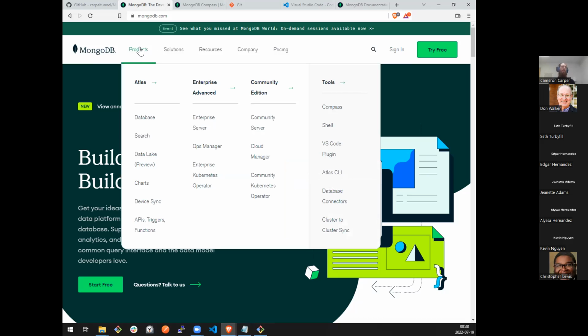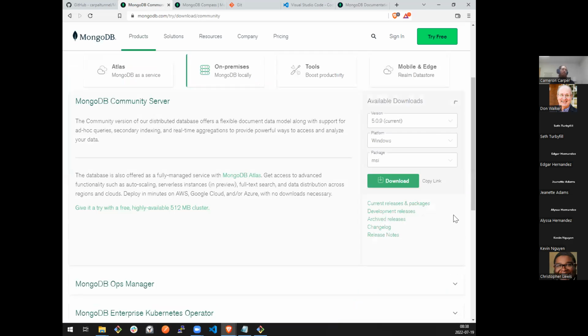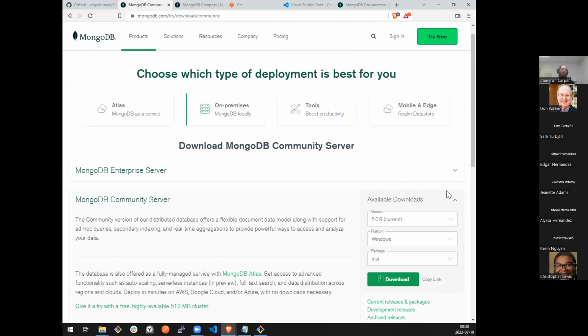So your standard place is mongodb.com. Your community edition is the one that is free for everyone to use, and the community server is the MongoDB server. You have a list of available options here. It's up to you how you want to install it. I personally prefer to do the zip method because I get a binary compressed file, I unzip it to a folder, I know it exists there. And one bit of setup I'm going to show you is I create a new folder to store my data. Clearly, we have to store our data somewhere. It doesn't all just exist in memory. So we have to give it a place on our hard drive to store that.